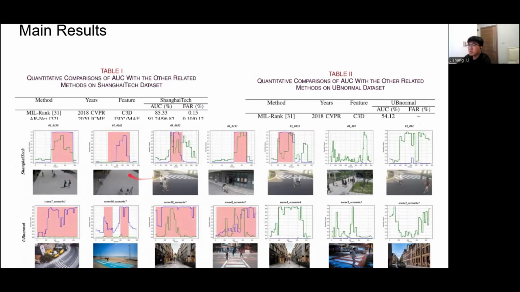Here are some visualizations of our anomaly scores on sample videos. The blue lines show the scores from our model, and the green lines show the baseline results. As you can see, our model produces robust results for both abnormal and normal videos.